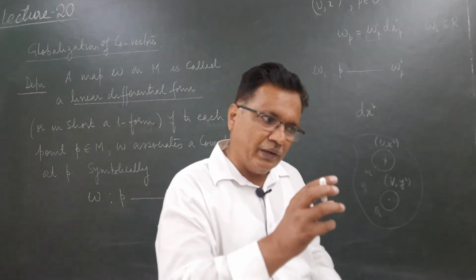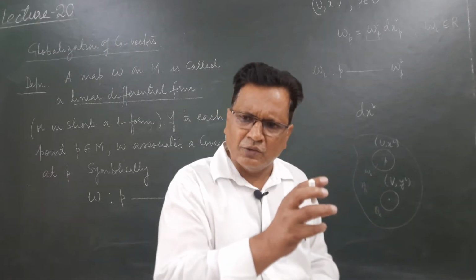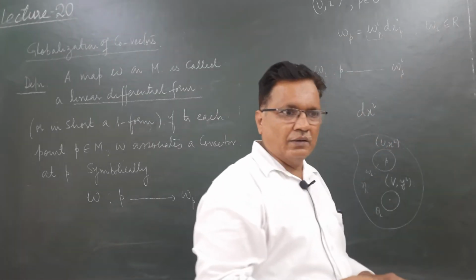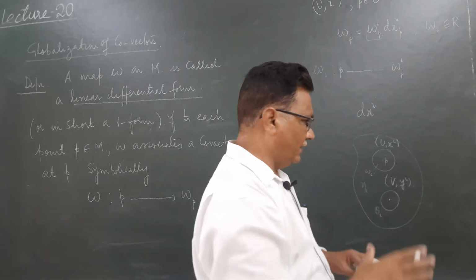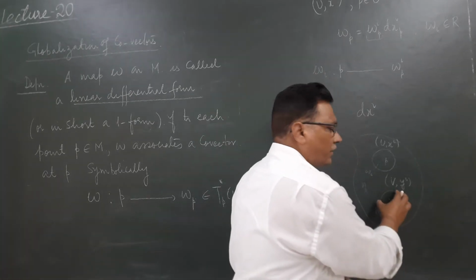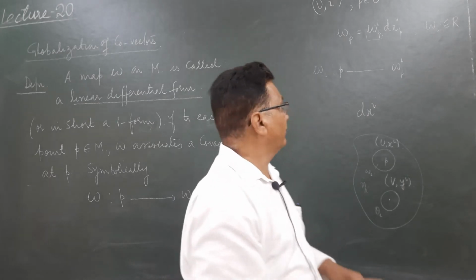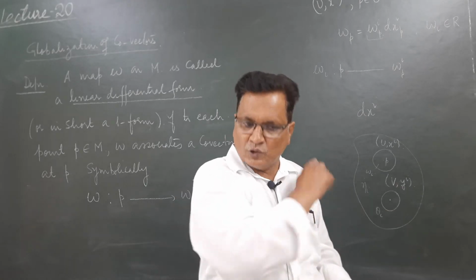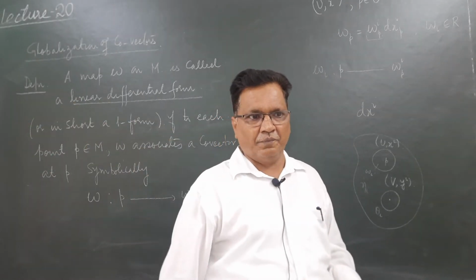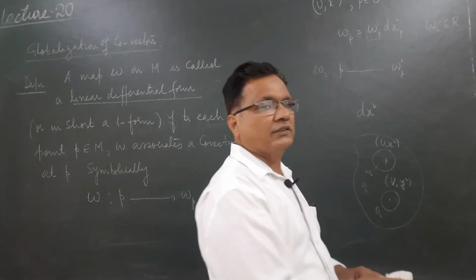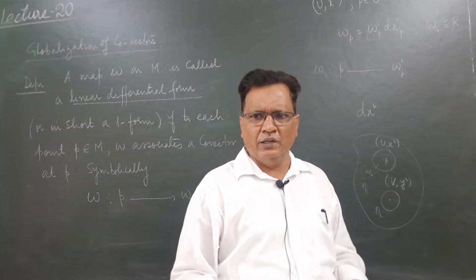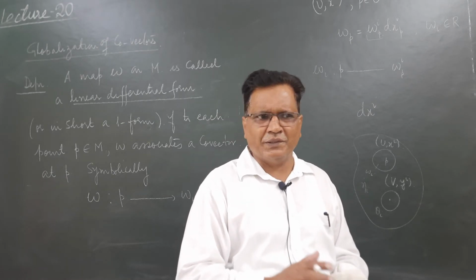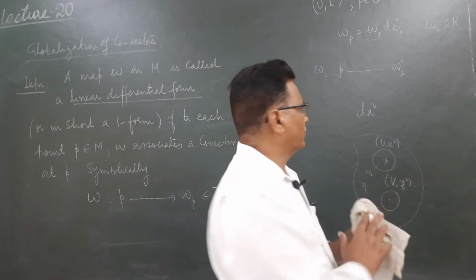So जब अब मेरी ओमेगा सिर्फ u पे रहेगी तो मेरा एक्सप्रेशन होगा ओमेगा आई पी डी एक्स आई पी और ओमेगा आई डी एक्स आई. लेकिन जब हम ओमेगा को रेस्ट्रिक्ट करेंगे इस नेबरहुड में, then our expression will be omega i dyi. So this varies on the entire manifold. Okay? So such a linear differential form is called a global form. It's a global form whose local expression I can work out all the time. So the local expression